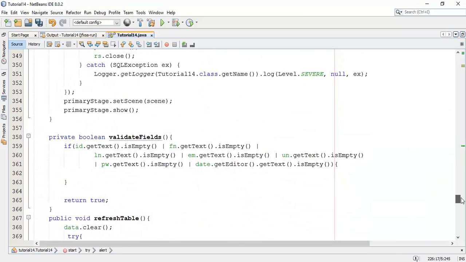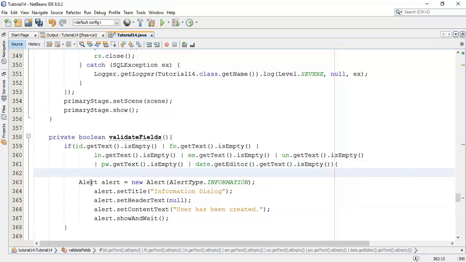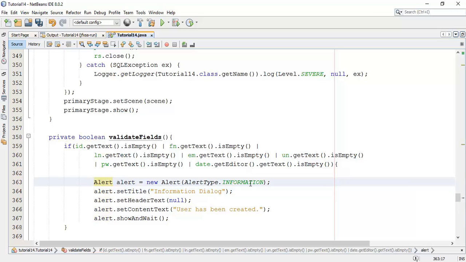So I'm going to copy that alert and add it to the validate fields. This time I'm going to use alert type of warning. So it will show the warning that fields are empty.